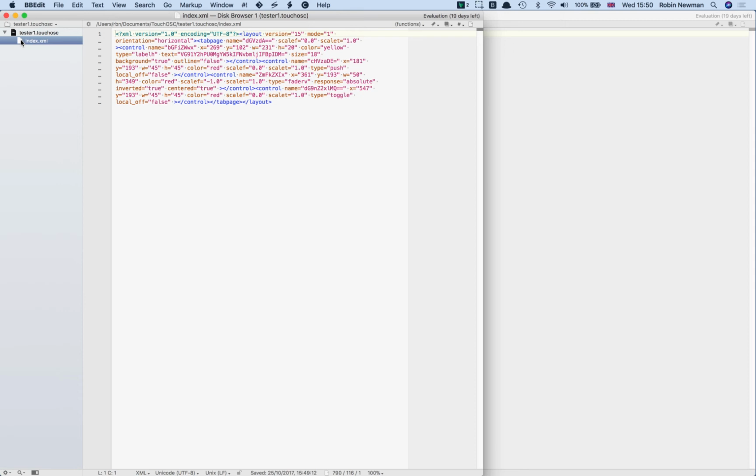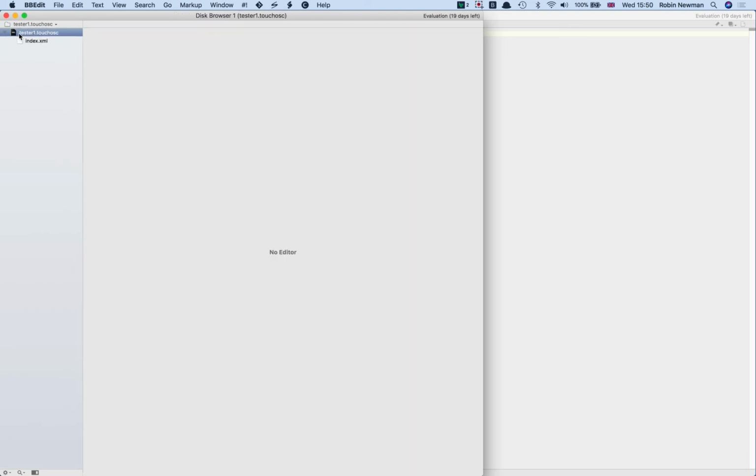That's all the program is, and that's effectively a text file, so that can be freely distributed very easily on a website. And if anybody then gets it and downloads it and calls it index.xml, they can then compress it or zip it and call the resulting compressed file tester1.touchosc,